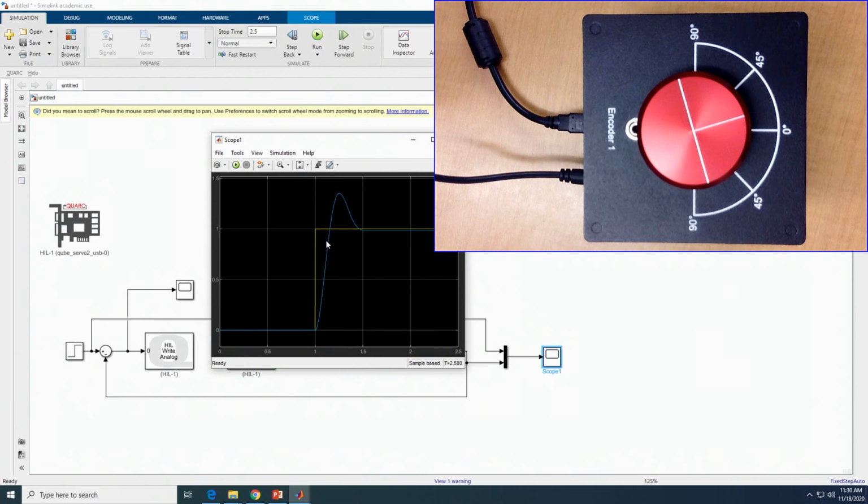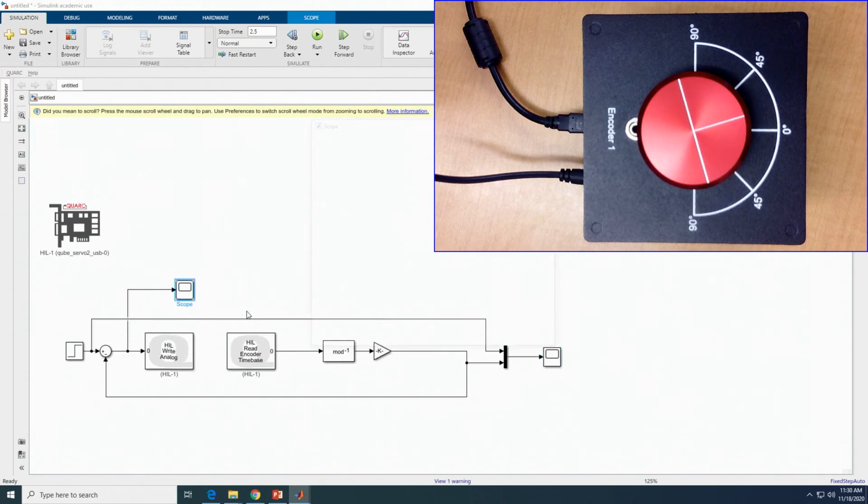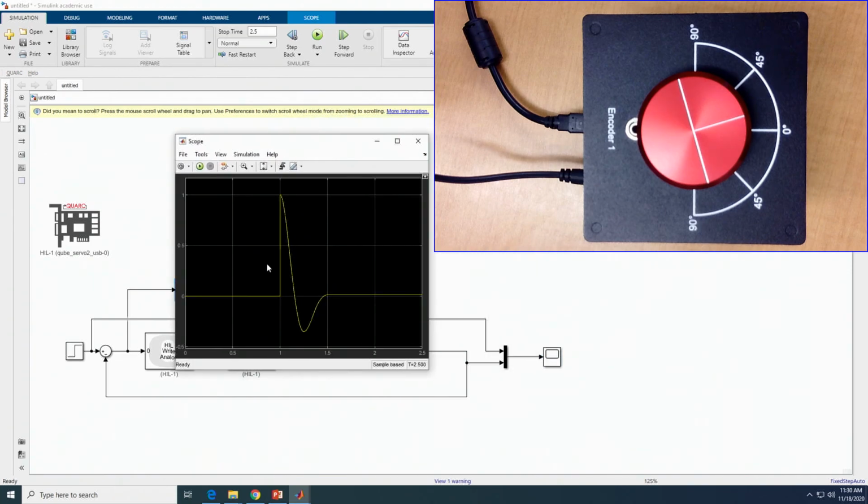So this is the response of the system. As you can see, it can follow the reference position, which is equal to 1 rad, and the input signal looks like this. It goes to 0 after a while, and between 1 and 1.5 seconds tries to adjust the position of the